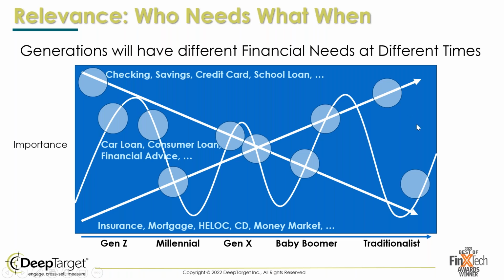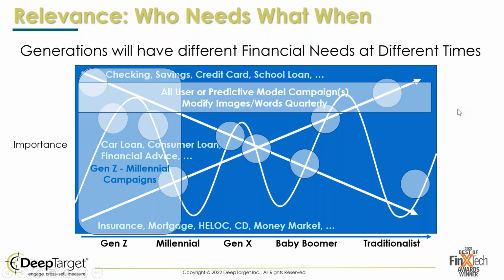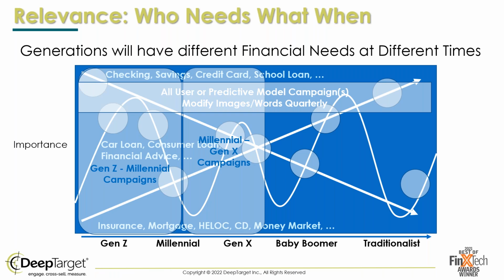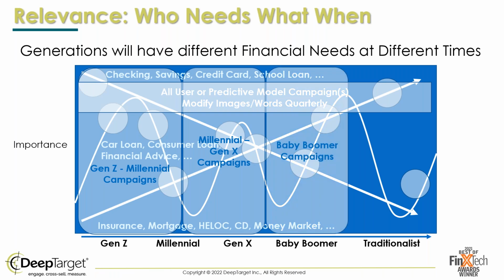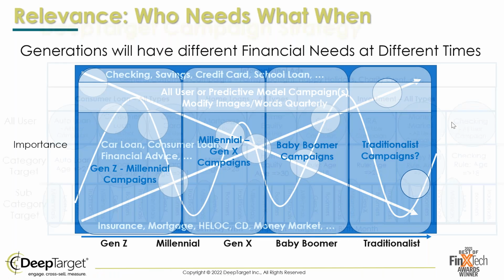Once again, it's a buyer's market. No one wants to see irrelevant ads shown to them. They only want to see what they're interested in now. So that's our big challenge. We're looking at putting out campaigns that cross the whole spectrum of generations. We're going to suggest our predictive model campaigns, which are really good at this, as well as perhaps targeting by rule and/or list type, depending on the generation, to capitalize on the unique needs that your digital users have. So that's the challenge, and that's what makes it all really fun.